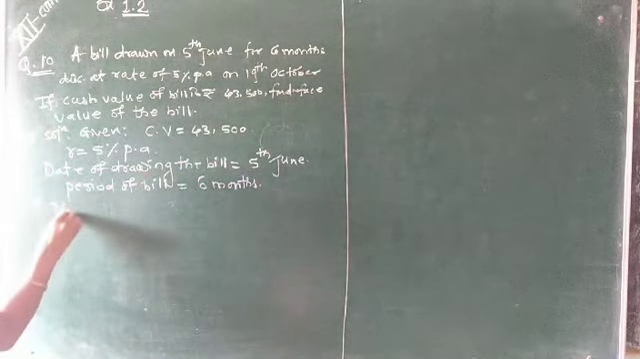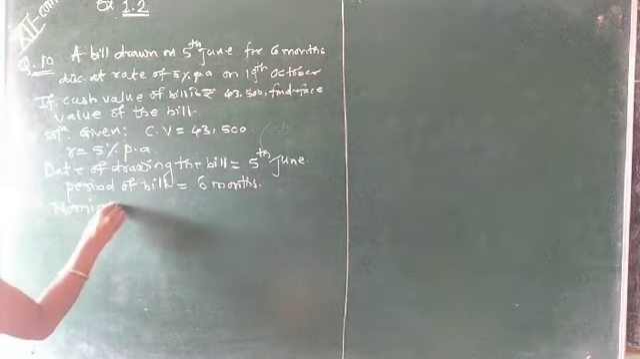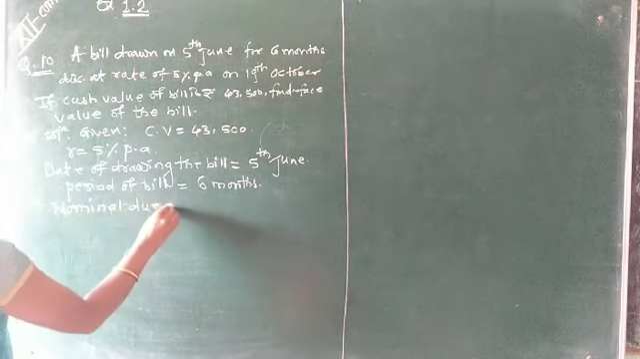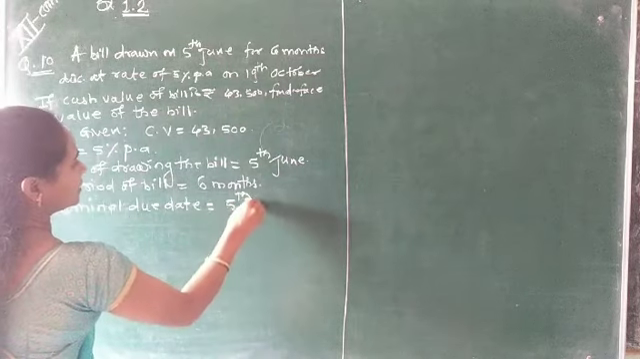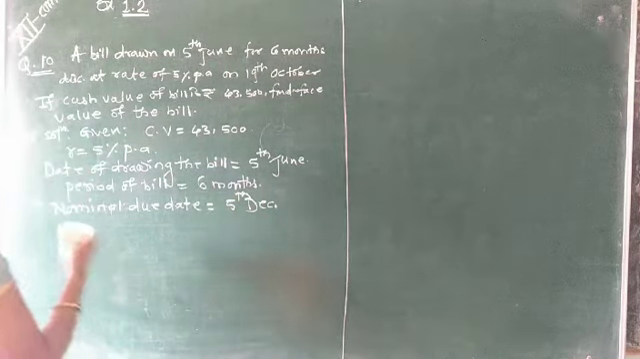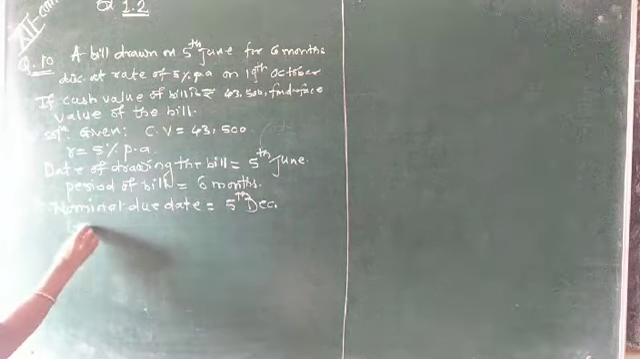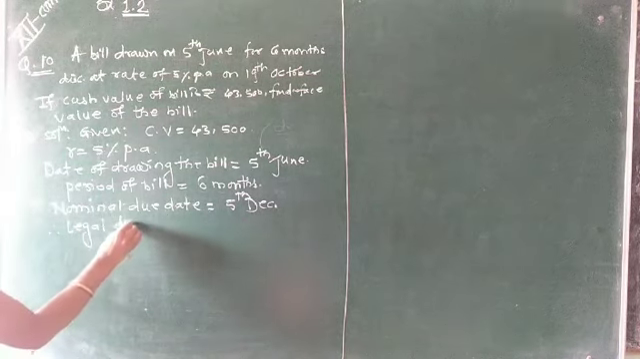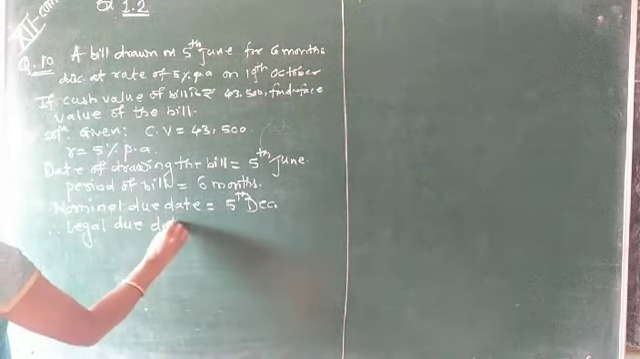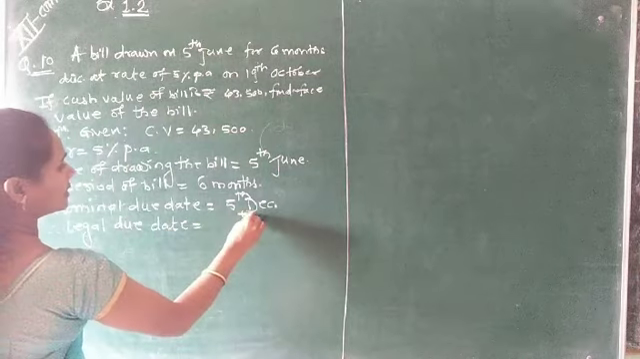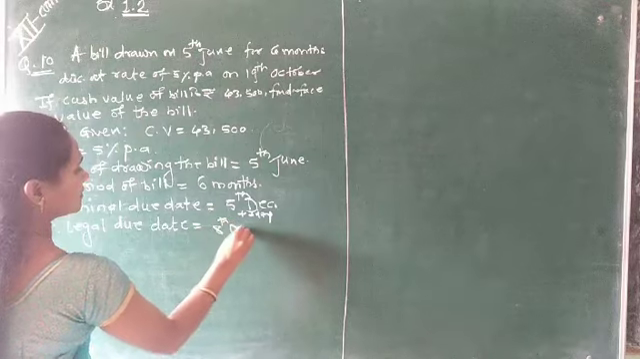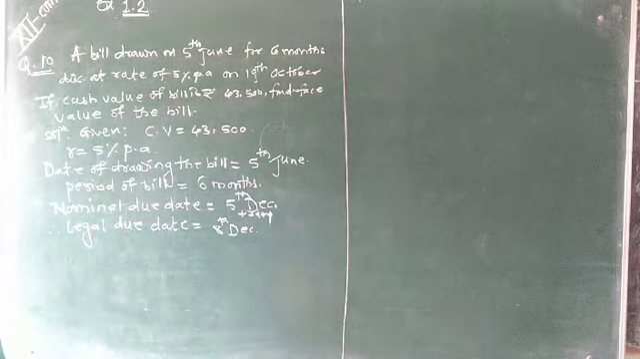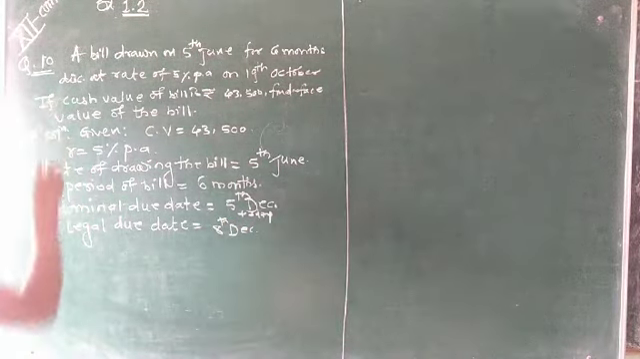Drawing of the bill is 5th June. Therefore, the nominal due date is equal to 5th December. Hence, the legal due date is equal to, adding the 3 days to it, 8 December. Legal due date is 8 December and the date of discounting is